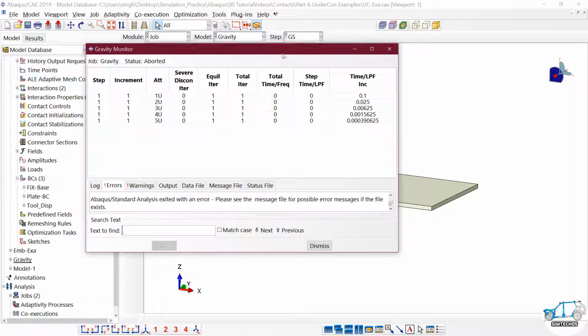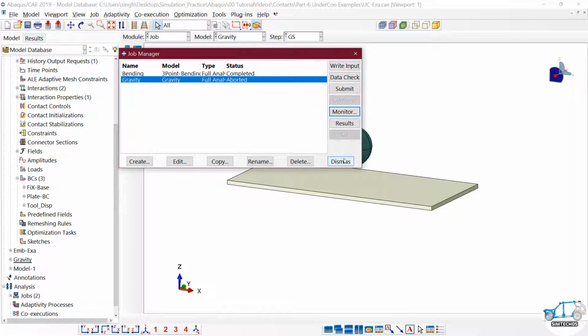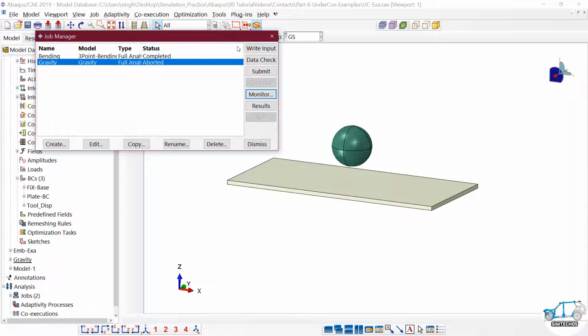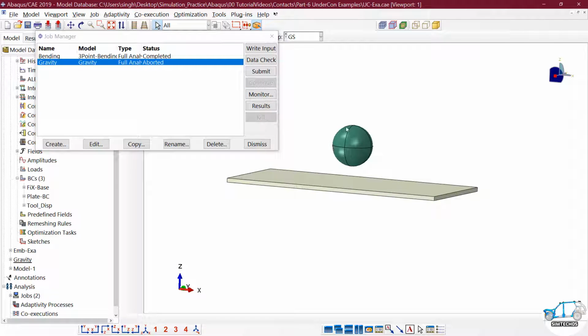Why are we getting this error? Because in the general static analysis we need the static equilibrium of the system, not the dynamic equilibrium of the system, and this component can't be in static equilibrium. Why? Because we don't have inertia. Who will restrict the motion of this particular component?